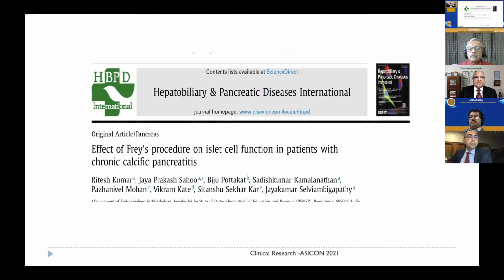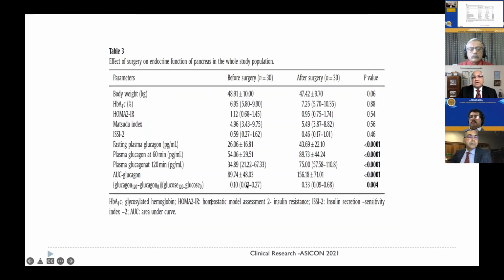Just look at this example: in patients with the Whipple procedure, what happens to islet cell function? All patients who underwent this operation had these parameters tested, before surgery, after surgery, and at follow-up. These are classified as longitudinal studies. The name for that kind of cohort study is longitudinal study. And this is the outcome we got.